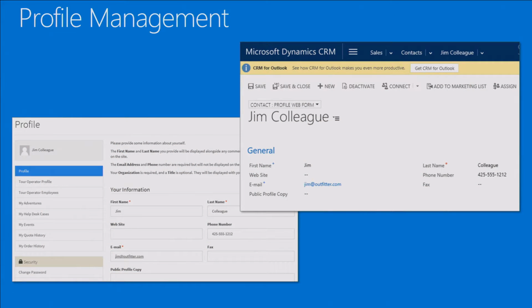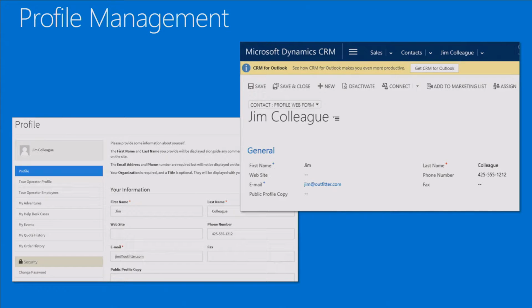We have profile management. So as I mentioned earlier, you have got a web profile. You want to make it self-service. You can see two screens here. One on the left here is the actual web view of the profile. On the right is what you would see in CRM. You'll notice actually it's the same fields, same layout. It's a different application container. The portal would actually be in the context of your site and your brand, but the one on the right is Dynamics CRM, and that's how it looks in Dynamics CRM today. But bottom line is it's using the same data and the same layouts. So if we went in CRM and added a new field on there and hit the publish button, it actually would show up in the portal as well. Now we do have the ability to have different portal forms.